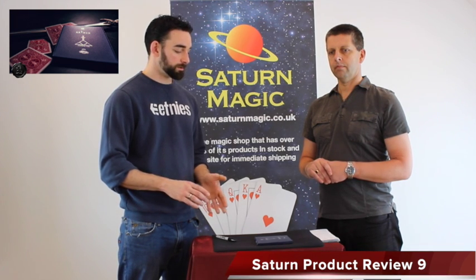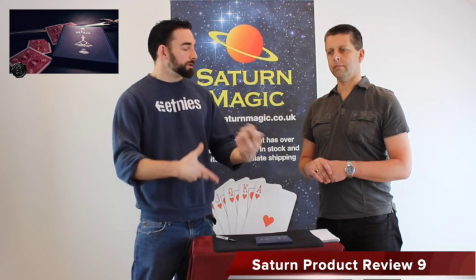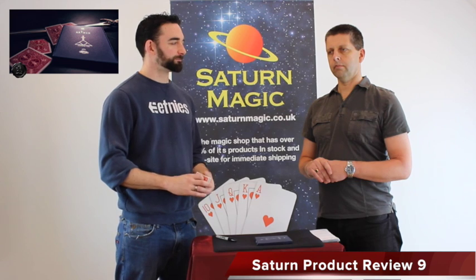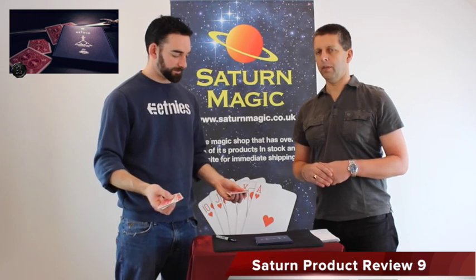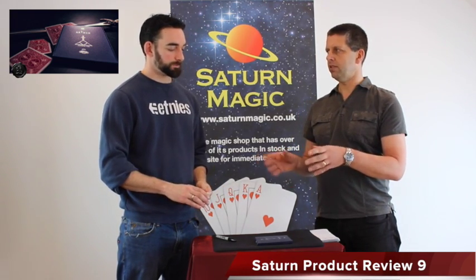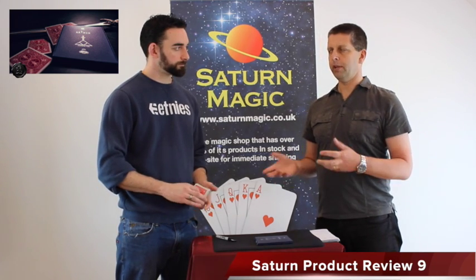Any negatives? Due to the nature of the deck, you have to be careful how you handle it and how you transport it. You couldn't just throw it in your close-up case. No, you need to be aware of, it's quite obvious when you get it what you need to be careful of, and you have to handle it right. There are warning stickers on it